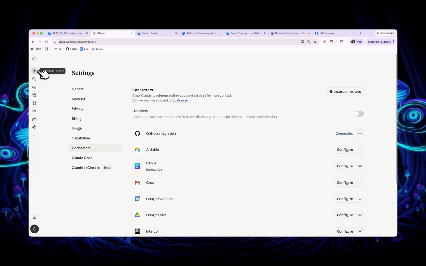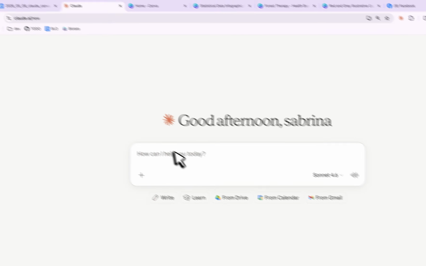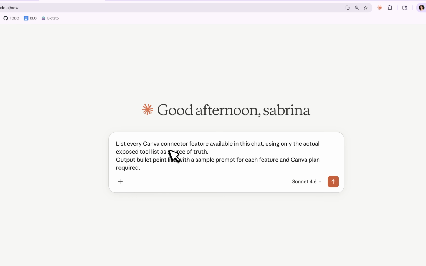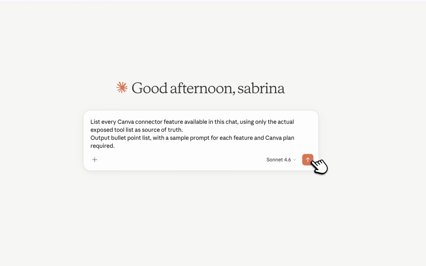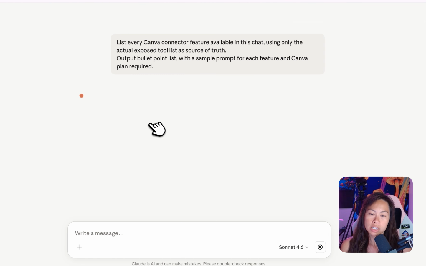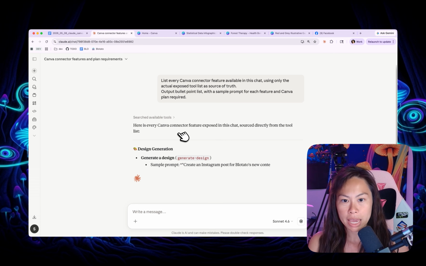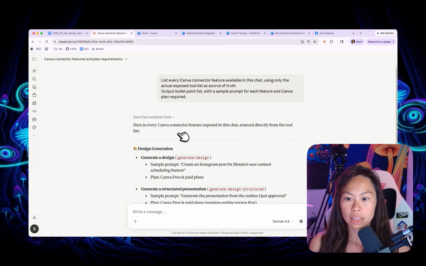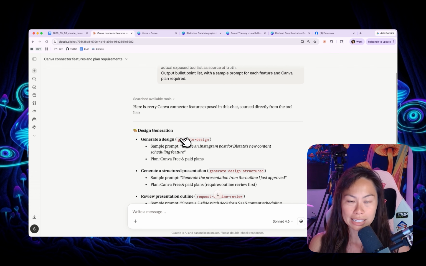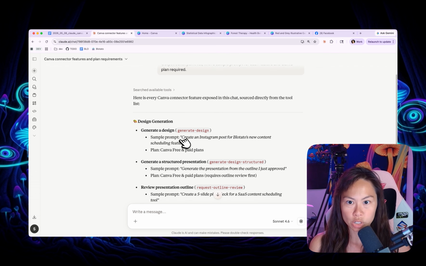Okay, now let's start a new chat. On the left sidebar, click New Chat and paste in this prompt. List every Canva connector feature available. Output a bullet point list with a sample prompt for each feature and Canva plan required. Click enter. And what this is going to do is Claude is going to read everything about this new Canva connector and make a really simple table listing all of the features with a sample prompt for each feature and